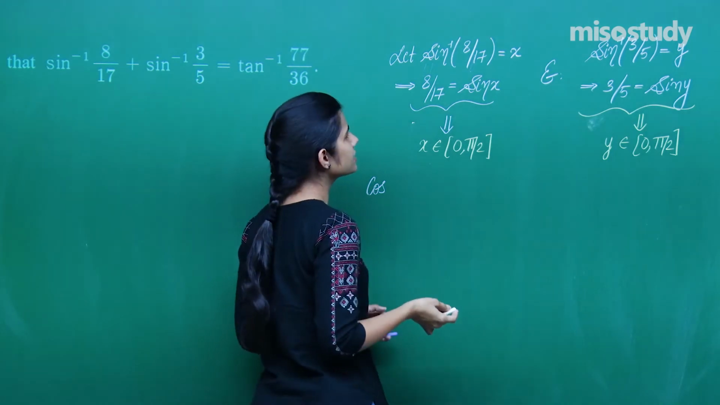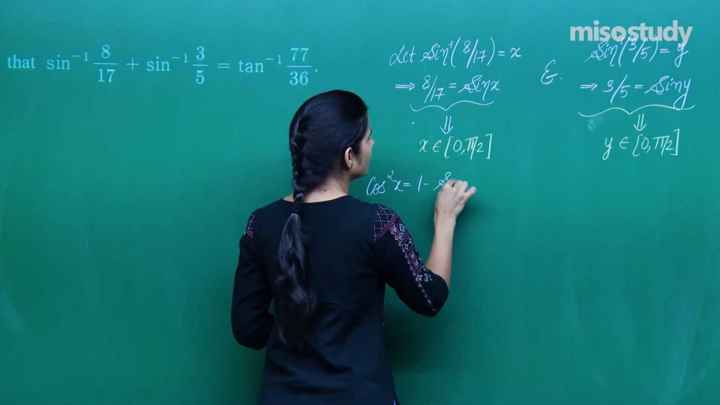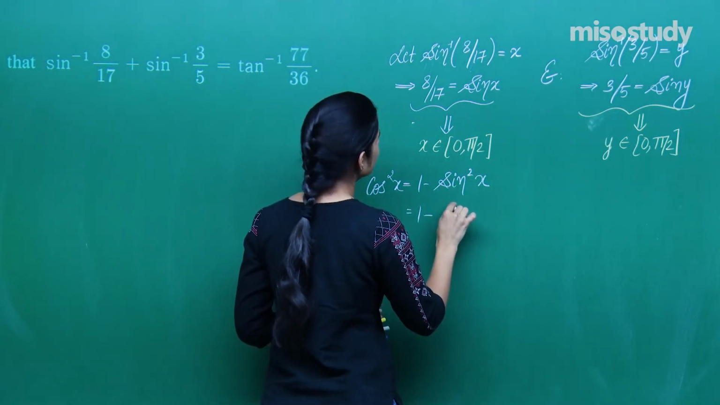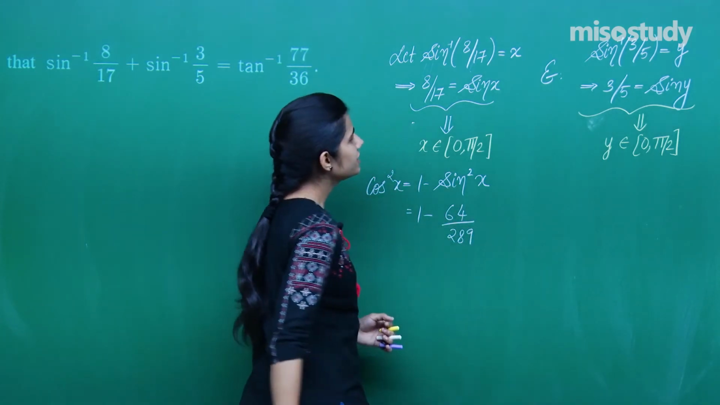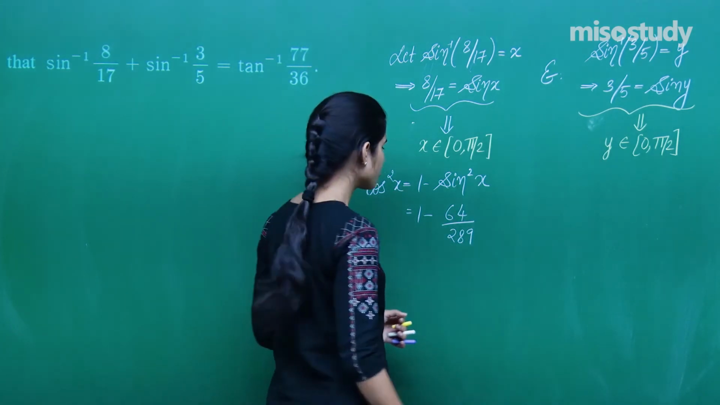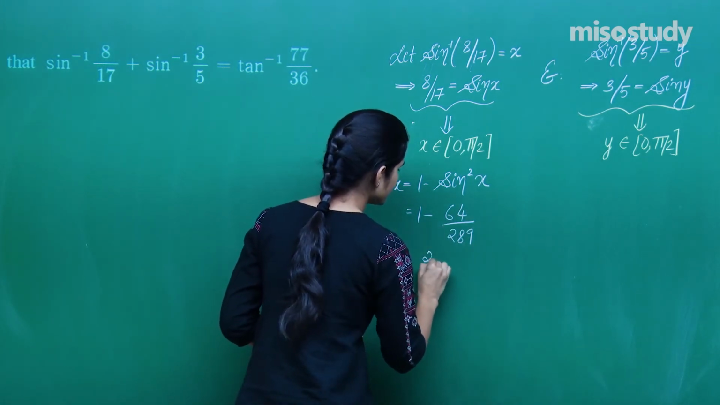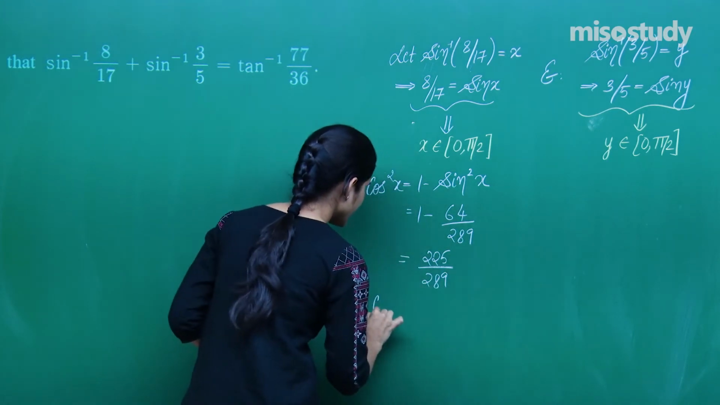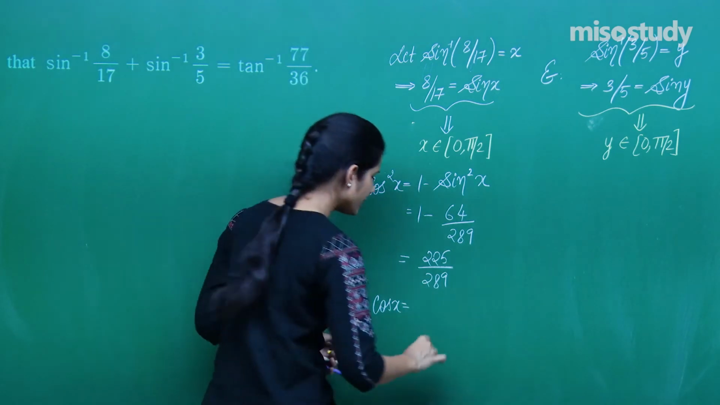Fine. Now, as I was saying, sin squared x plus cos squared x is 1. So 1 minus sin squared x is cos squared x. This is 1 minus 64 upon 289. 8 squared is 64, 17 squared is 289. This gives 289 minus 64, which is 225 upon 289. So cos x is the square root of 225 upon 289,